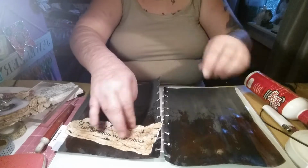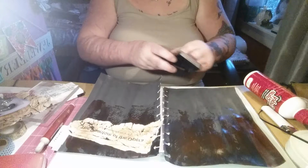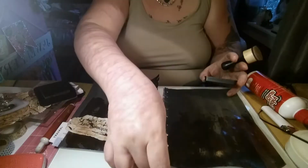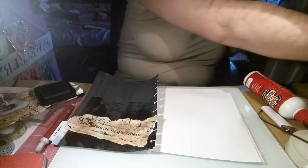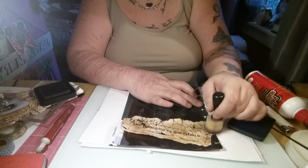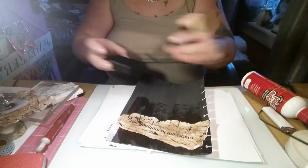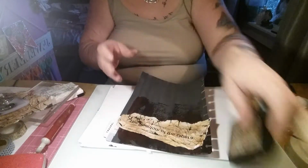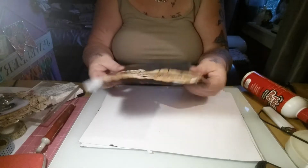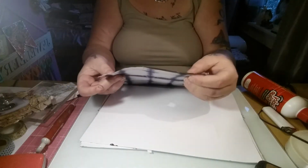like so, and then the edge, because I've torn it, is quite white, so what I'll do is just go back in with some ink. I'll take this page out the road just now, and we'll just work on this page, and we'll put some ink along the edge just to make sure it blends in. Okay, so I quite like that. Let's try and straighten this out a wee bit. Alright,